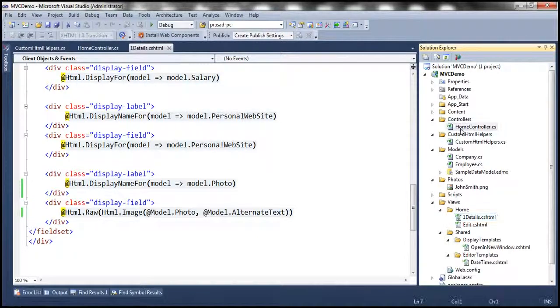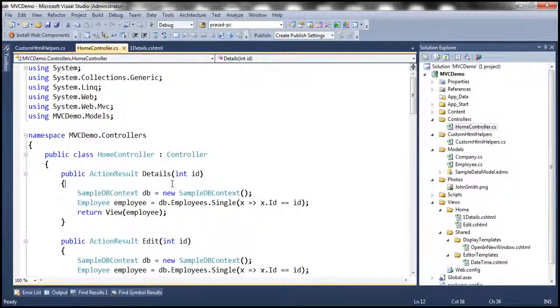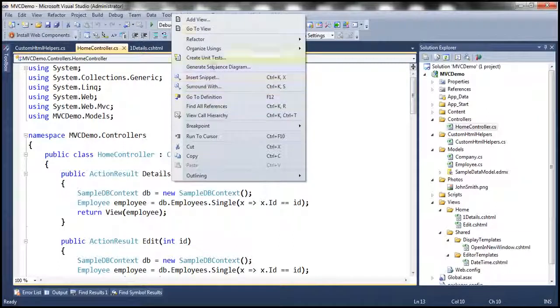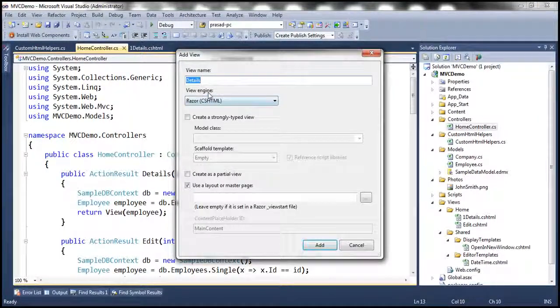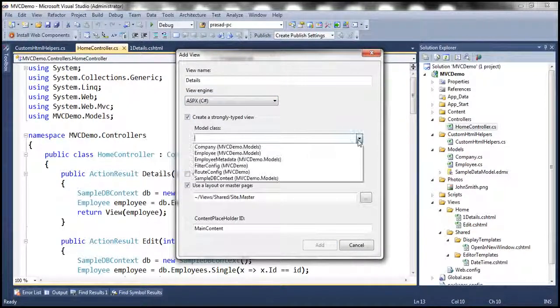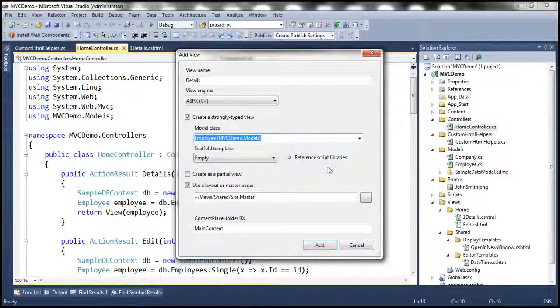Okay, now let's actually delete this ASPX or rename this Razor view to something like 1.1 details, and then let's go to our home controller and add an ASPX view. So right click on the action method, add view. The view name is going to be details. We're going to make use of the ASPX view engine, and we want to create a strongly typed view against our employee model class. And let's select the scaffold template as details,